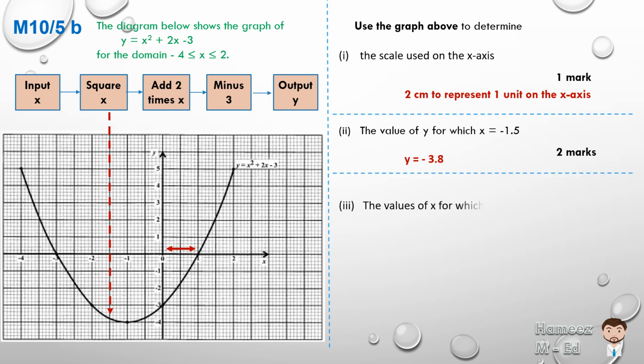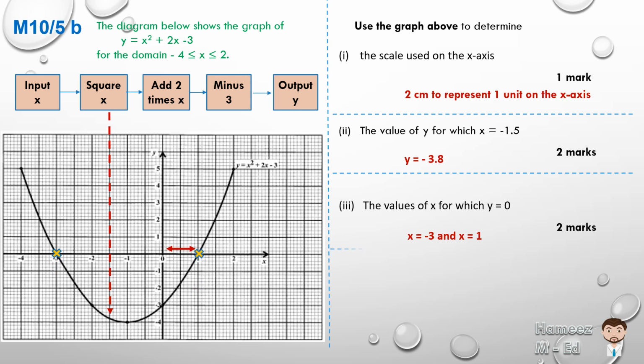Part 3, the values of x for which y is equal to 0. Notice they're saying values. That means that there are more than one value. So when y is equal to 0, that's another way of saying the x-axis. So what are the 2 values of x when the curve or the parabola intersects with the x-axis? X is equal to minus 3 on the left-hand side, and x is equal to 1